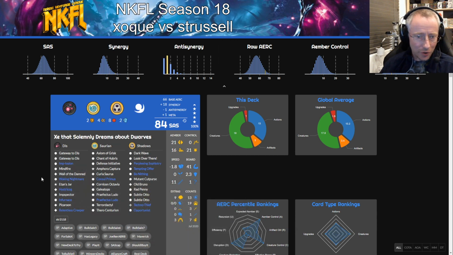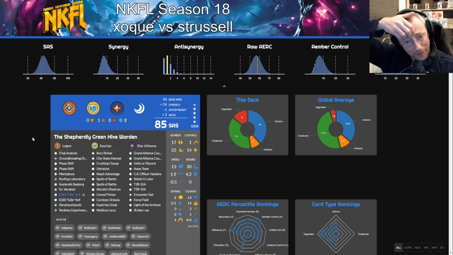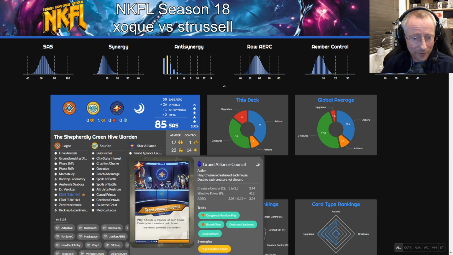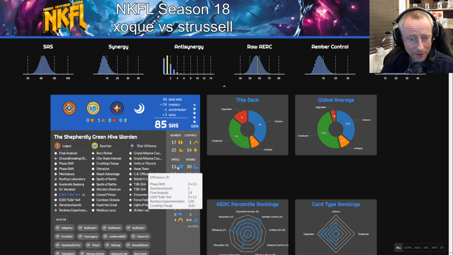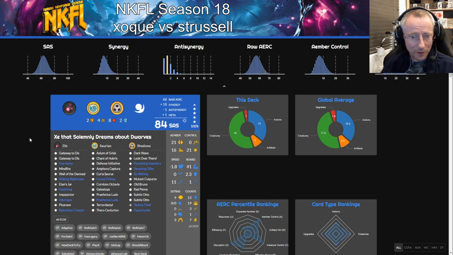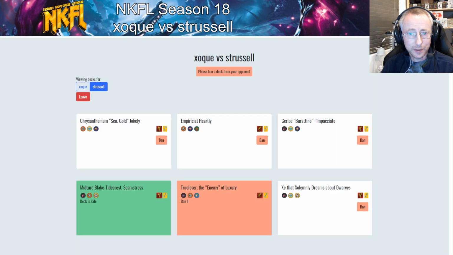Are we worried about the Eaton's Jar? A little bit. So we could get rid of that, or we could get rid of this crazy DD tech. It just looks so good. I think we got to get rid of it. It does only have 14 creatures, so can I just go big board versus it? Has 2 Grand Alliance Councils and a lot of speeds, so I'm not sure if I can. And Groundbreaking Discovery and Crushing Charge is actually pretty good. Yeah, I think we got to get rid of the Warden here. Yeah. Let's say bye-bye to...